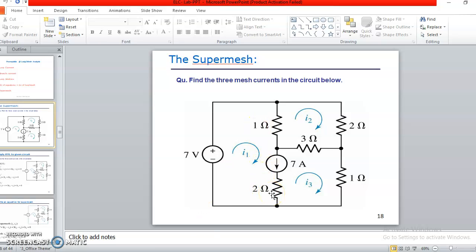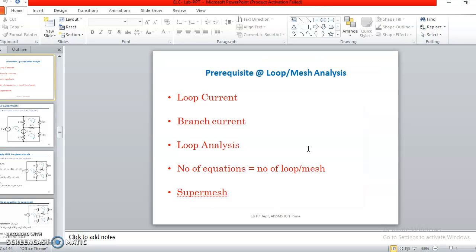Similarly, for the 2 ohm resistance the branch current is I1 minus I3. For the 3 ohm resistance, it is simply I2 minus I3. In this way we can define the branch current.